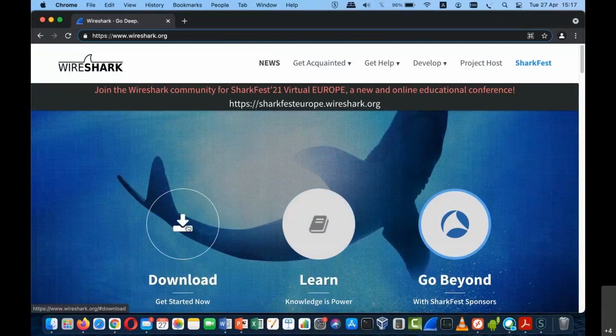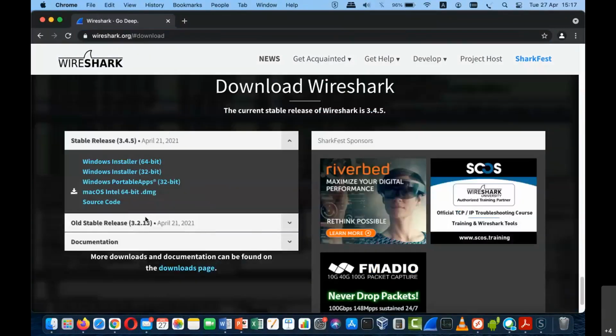If we click on the download section, we can see this tool is available for almost all the operating systems. We can use the Windows installer for 64-bit as well as 32-bit, even as an app on the Windows operating system, and it is also available for the Mac operating system.